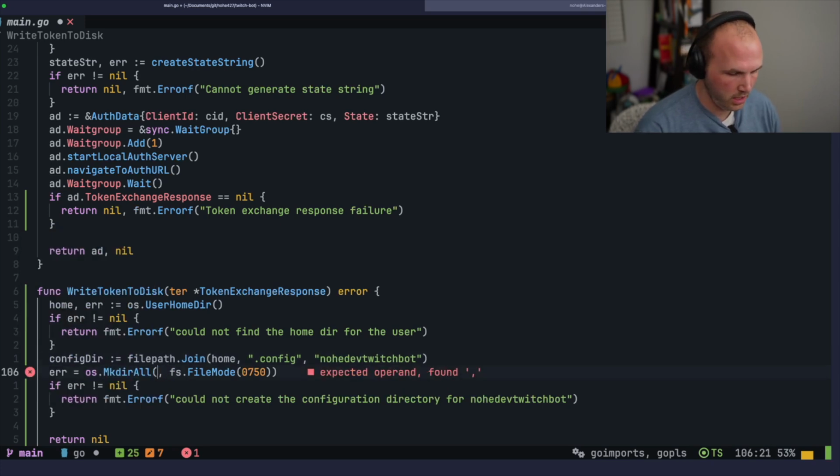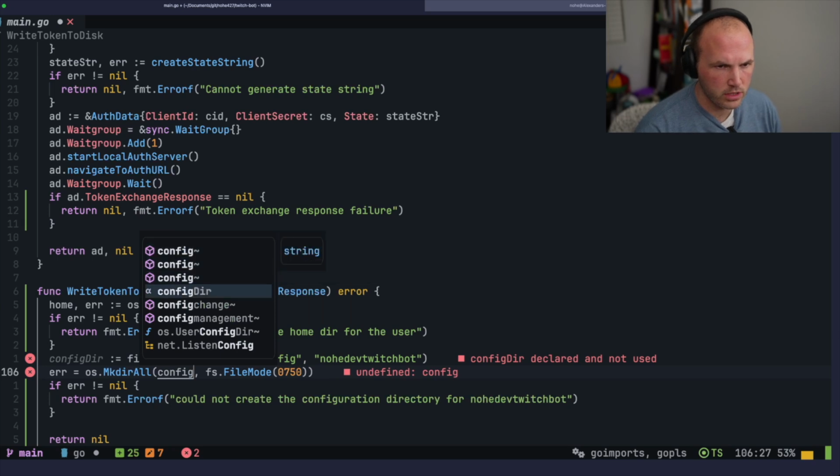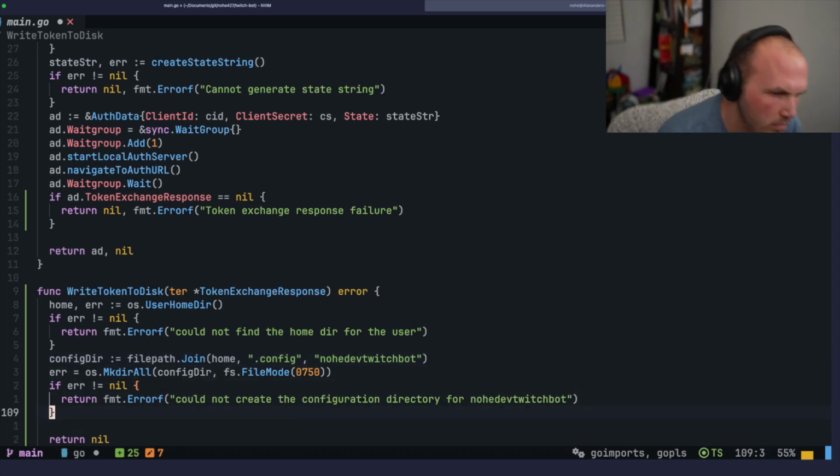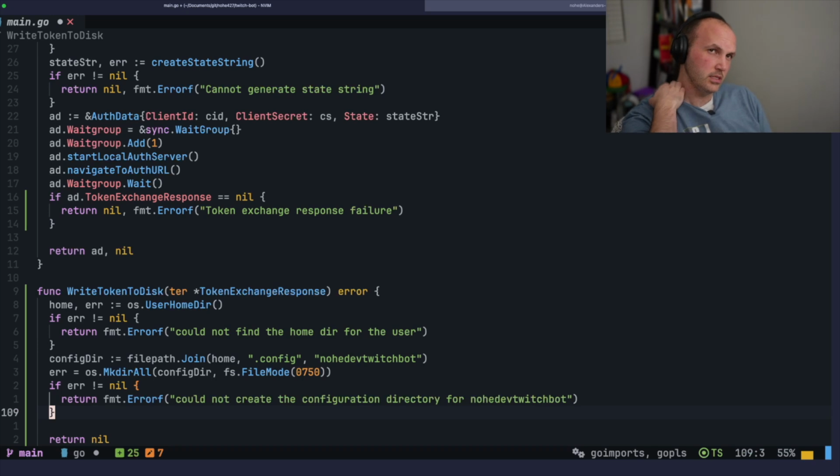And then in here, put in config directory. Cool. All right, so now that we have the config directory, what we want to do now is write to it with the file. So I think we want to write the JSON to it. So I think we need to marshal or unmarshal the struct to JSON,